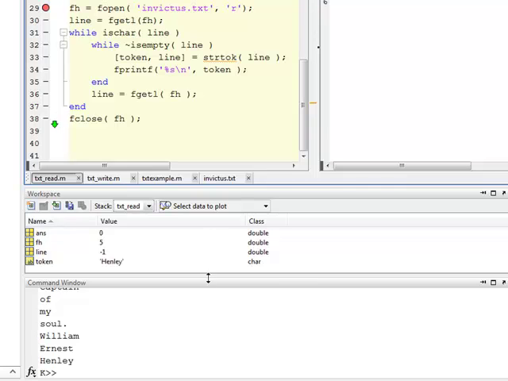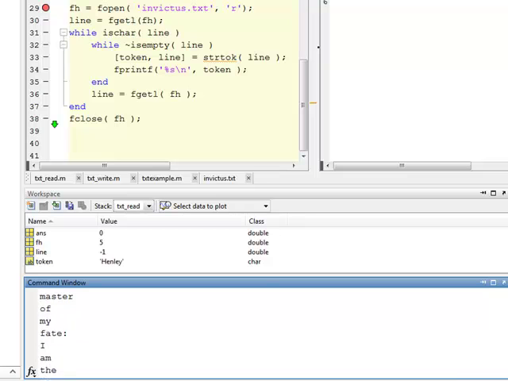And my output is all the tokens. You can see as I scroll through here, all the tokens put on their own line. And you can see some tokens like gate has a comma because it was in the line. Scroll has a period at the end of it. So this is why we don't call them words. This is why we call them tokens. Fate has a colon at the end of it. The punctuation gets included. And so you have to go back and do some additional processing if you just want to strip all the words out of it. But you know how to do that with